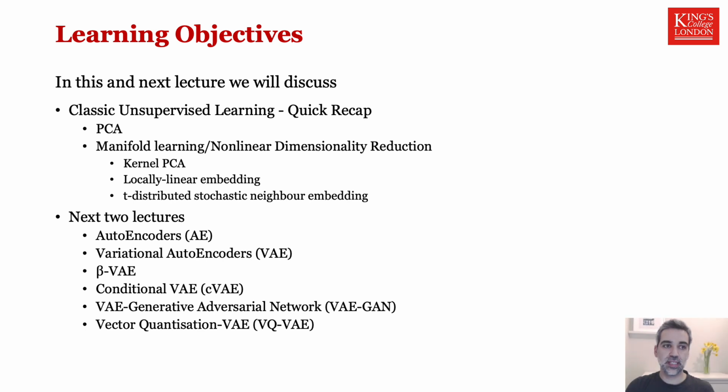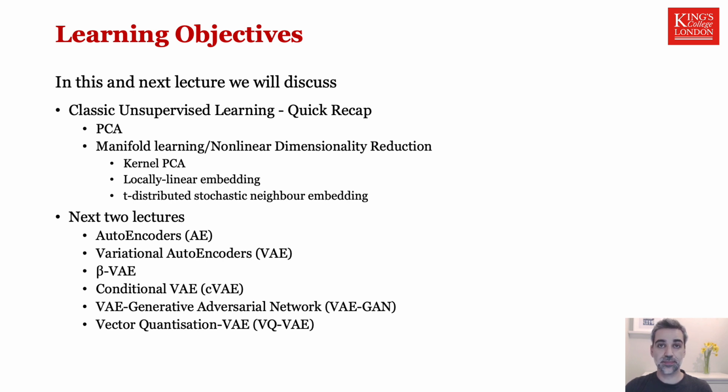So the objective of today's lecture is to go through quite a few topics. First of all, we're going to look into classical unsupervised learning, which is going to touch upon subjects like PCA, manifold learning, and all the different subtypes of manifold learning. And in the next lectures, this one and next one, we're going to be looking into autoencoders, into variational autoencoders and beta VAEs, which are two modifications to the original autoencoders. We're going to see how do we condition to be able to generate specific types of samples, and also how